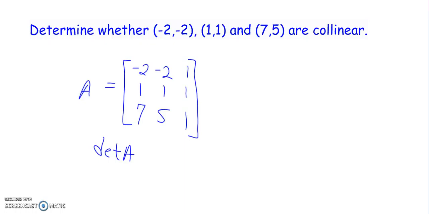To do this, maybe this time, it looks like this second row is going to be pretty easy to use for a determinant. So to do that, I would have to take the 1 times the cofactor of row 2, column 1, plus 1 times the cofactor of row 2, column 2, plus 1 times the cofactor of row 2, column 3. So let's do it. If I'm taking the cofactor of this position, I am crossing out the first row and the second row in the first column, and it leaves me with